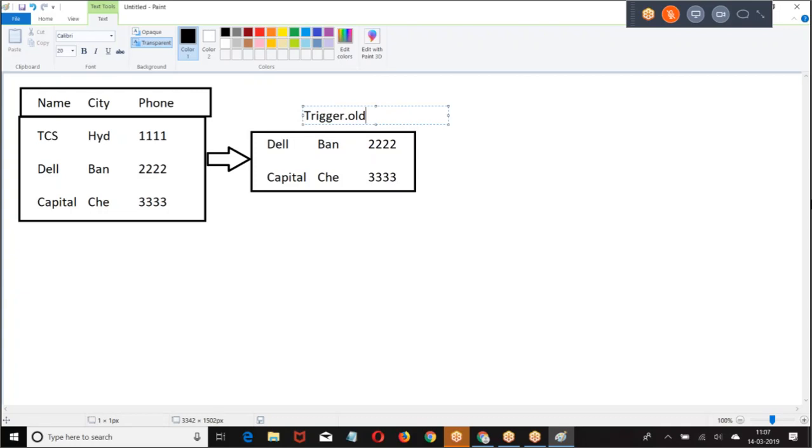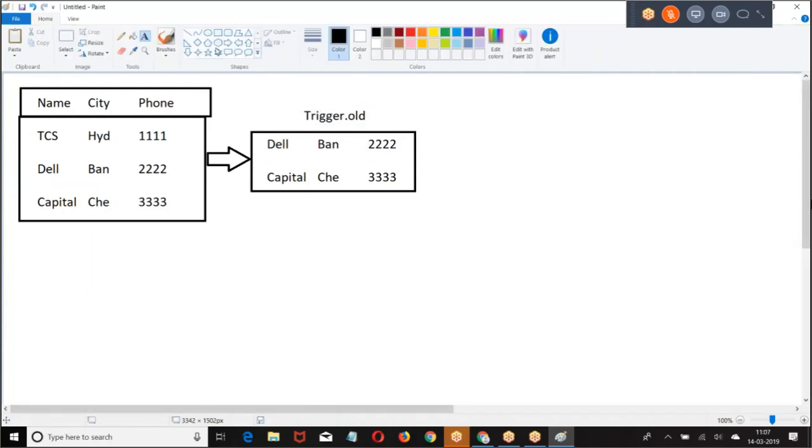Whichever records we want to delete, those records are in trigger.old.